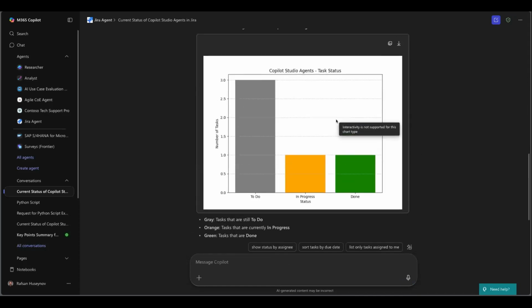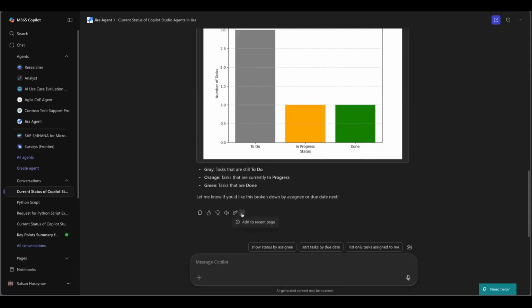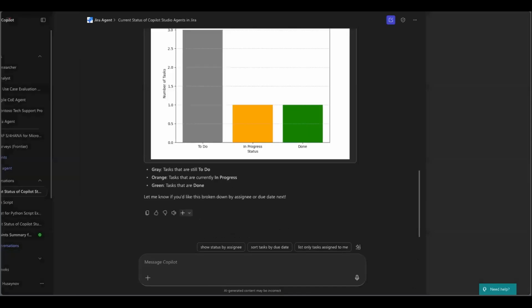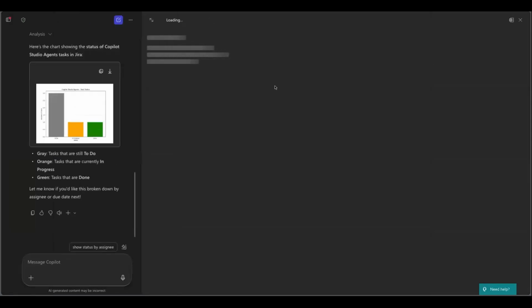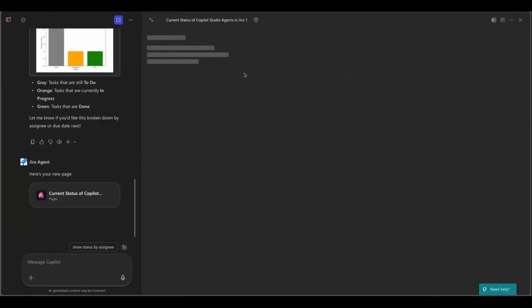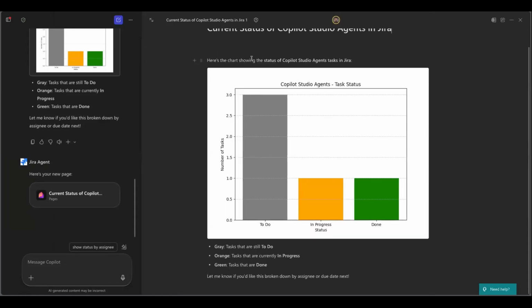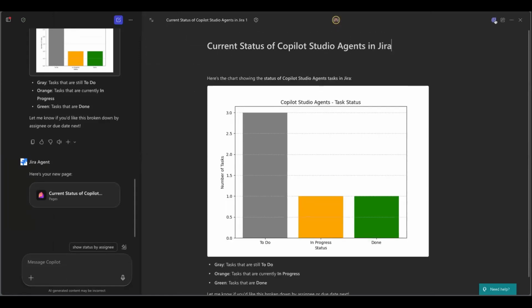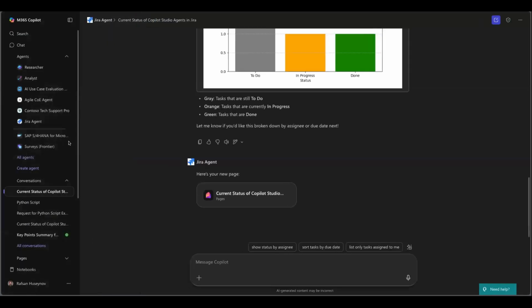So it created this. And from here, if you are in project management, let's say, if you click the editing page, now this is going to be your report. You can share with your team, you can share with your boss or manager, and you can open it in Word and share with others. This is very powerful, especially considering that you don't use any code. And if I look at the backend,